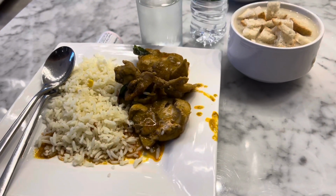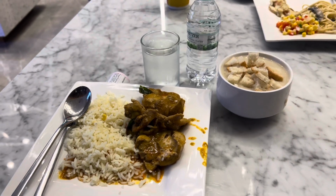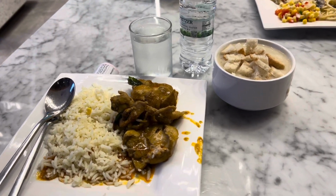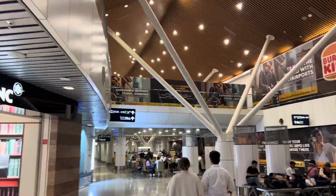Here's what I ended up getting, which essentially is chicken curry with some rice and some mushroom soup as well, which I would say is quite delicious, and I would definitely recommend this lounge if you do have Priority Pass. Well, in any case though, our gate is now boarding, and it is time for us